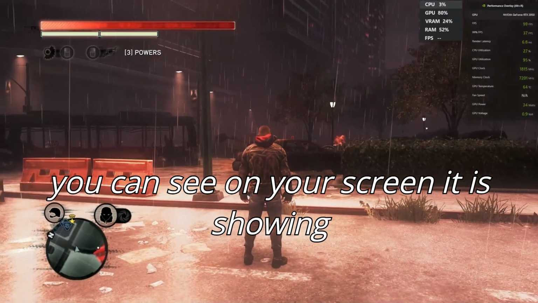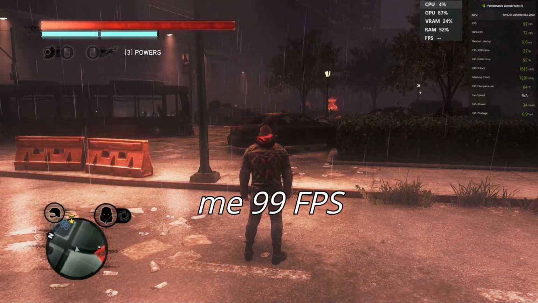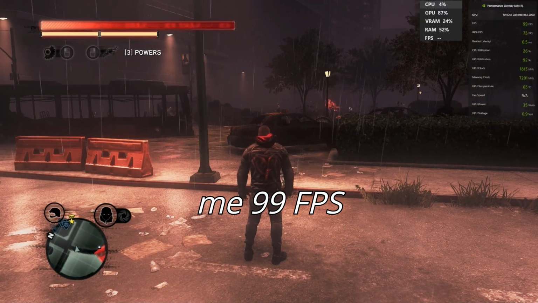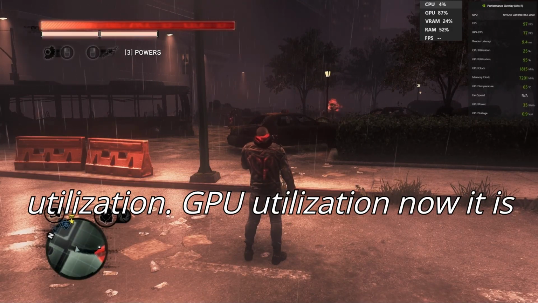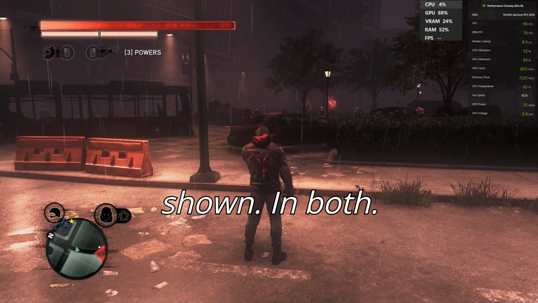You can see on your screen, it is showing me 99, 97 FPS, and then CPU utilization and then GPU utilization. GPU utilization now is shown in both